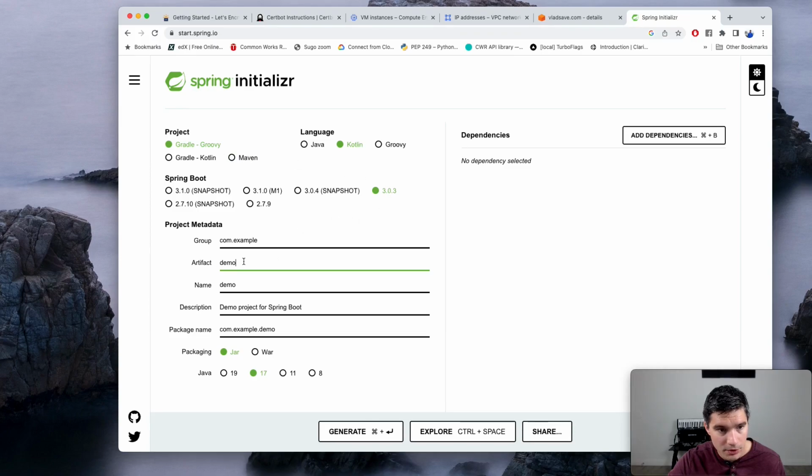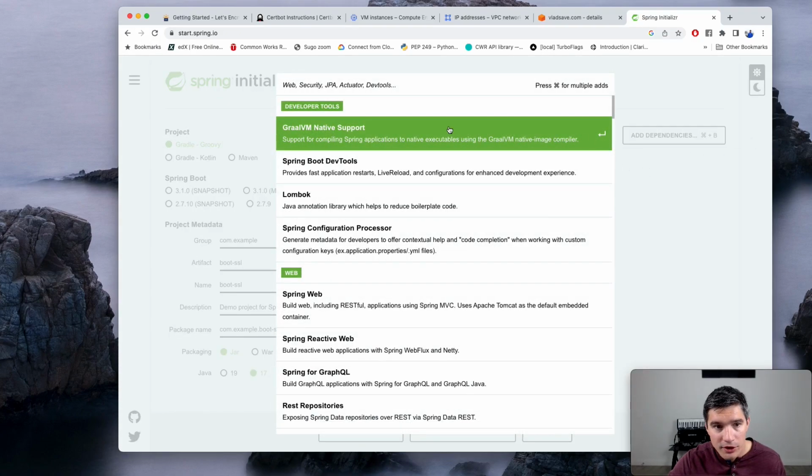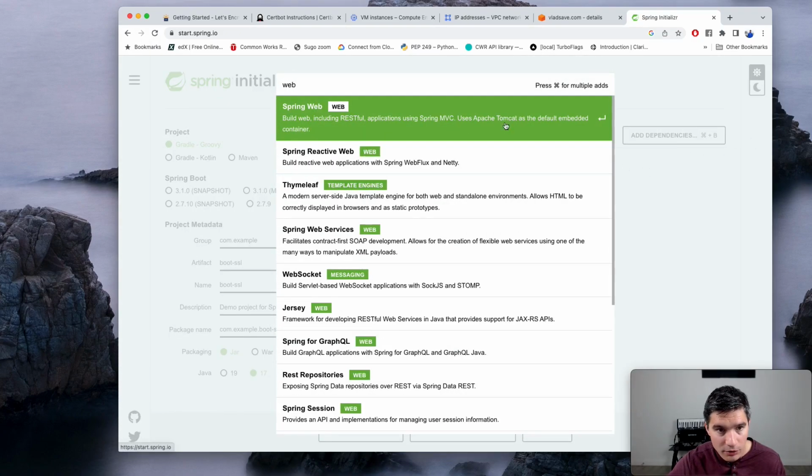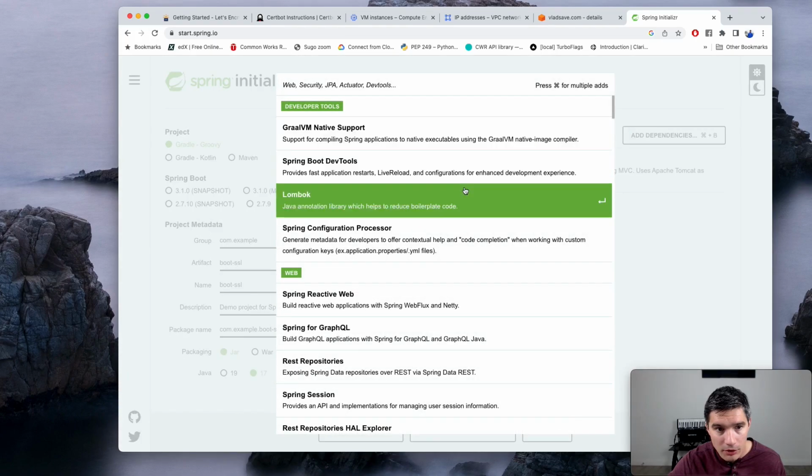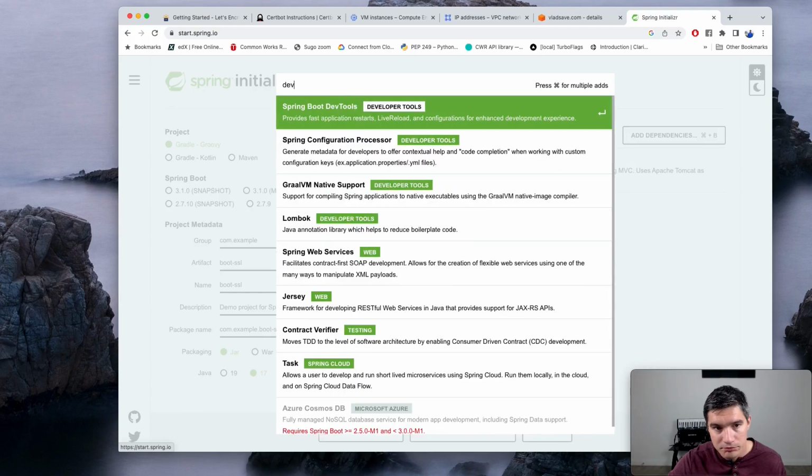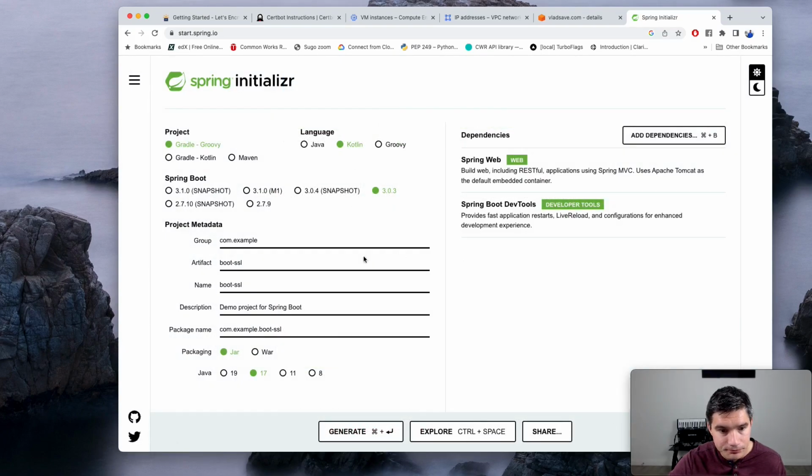And yeah, let's call this one boot SSL. And we will need to add the Spring Web and also the developer tools, sure. So we need to generate this project and then open it in, I will use IntelliJ, but